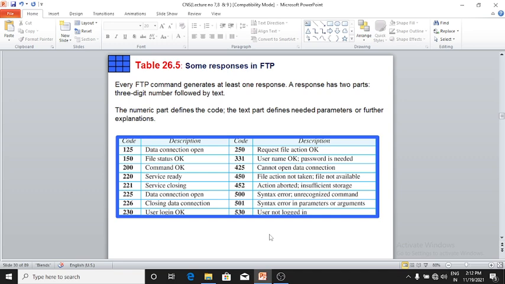This table has some responses in FTP. Please go through it.